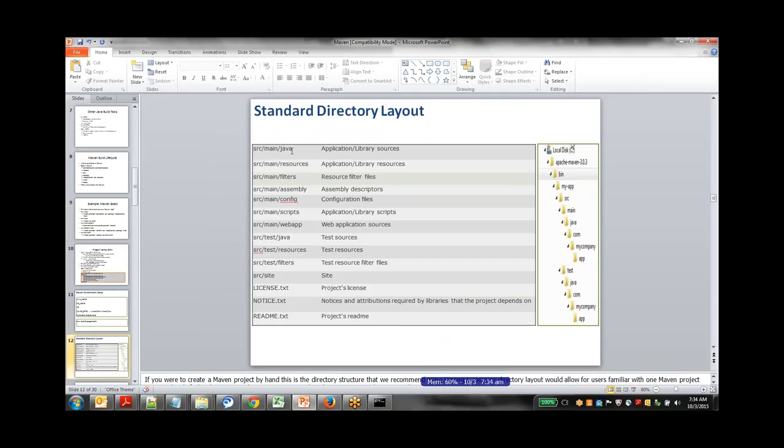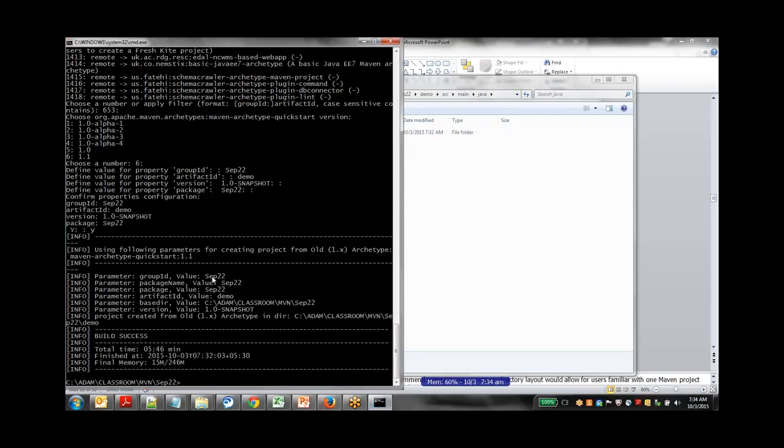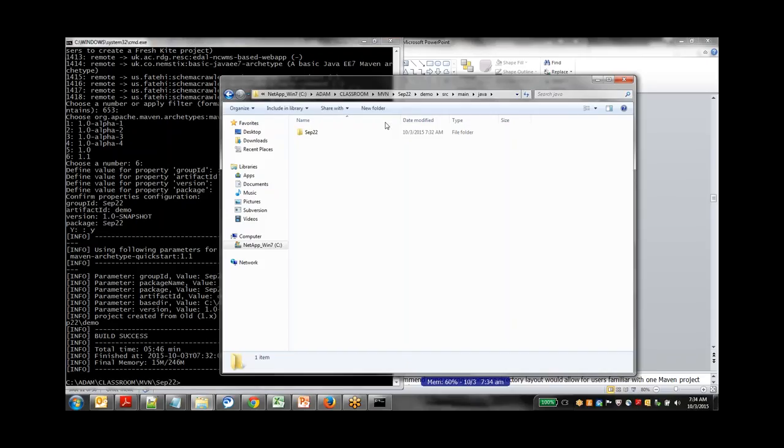We saw this, right? src main Java. So we have src main Java, and if you go inside Java, for clarification or better confirmation, it will put a folder called September 22. And what is this? It is the group name we have given, right? That is the group ID, September 22. So it is creating a folder called group, that is September 22, and inside that it will have all the